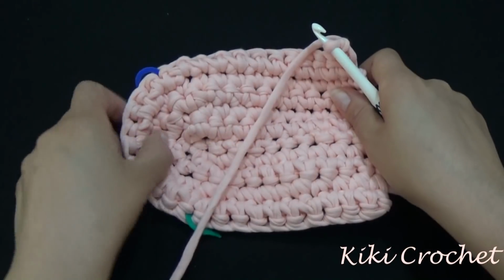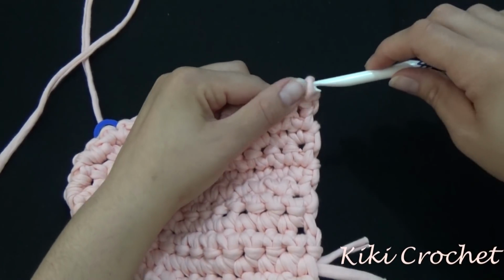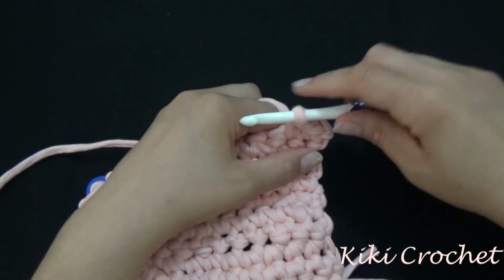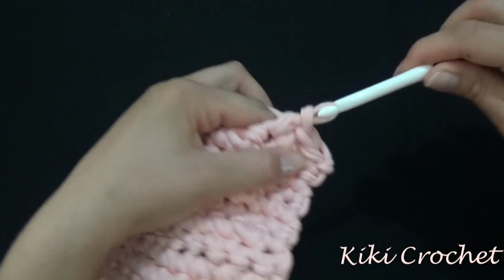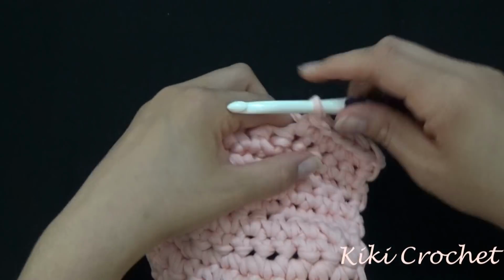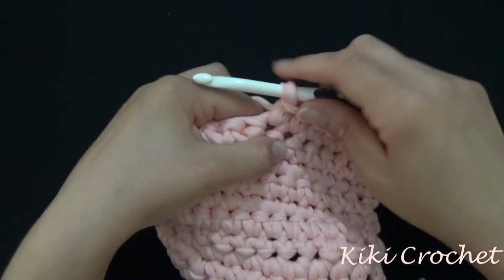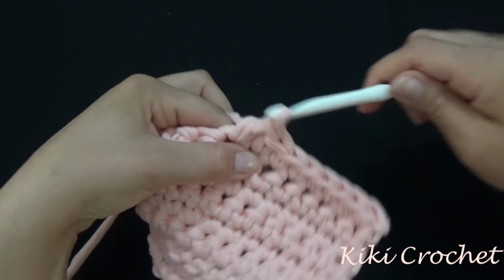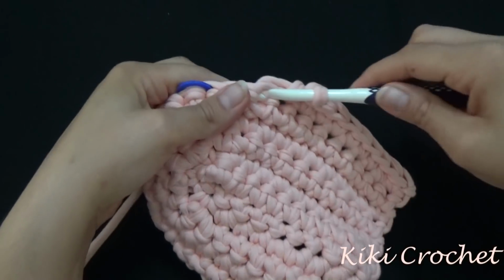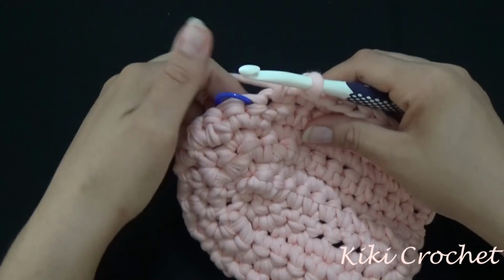Now 1 single crochet up until we reach the first stitch marker. 1, 2, 3, 4, 5, 6, 7, 8, 9, 10, and 11. Now take out the stitch marker,